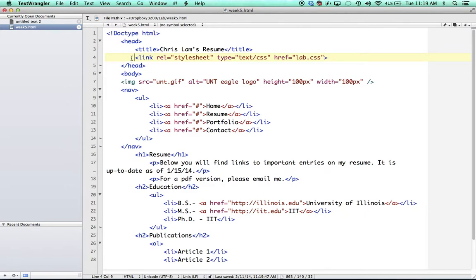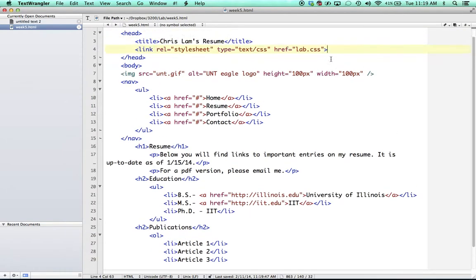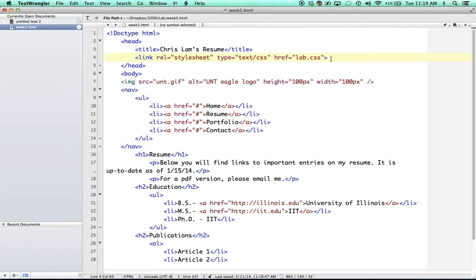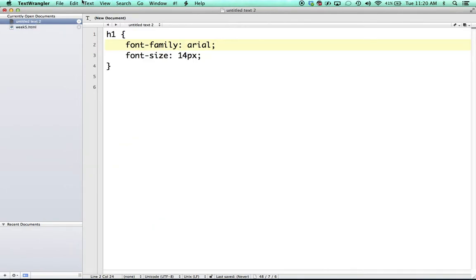This is a magical piece of code right here. This is what makes the connection from this HTML sheet that I'm working on, this page here, to a separate file that you'll open in Notepad++ or Text Wrangler or whatever, that's a CSS file. Okay, so this is what makes that link. So what we have to do then is we would have to